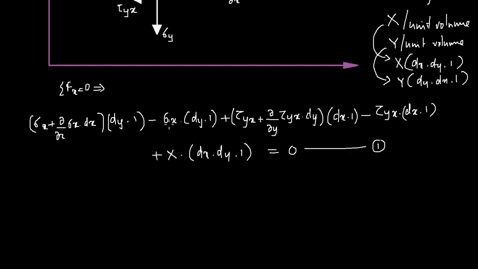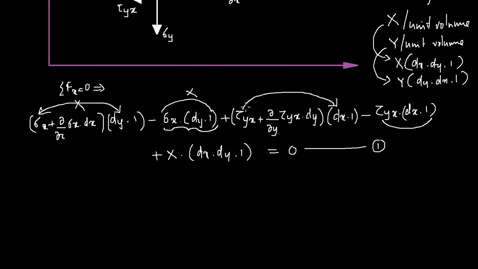Now you can see you have a negative sigma x times dy times 1 here, and a positive sigma x dy times 1 here. So this term will be cancelled, and similarly you have a minus tau yx times dx times 1 here, and also a positive tau yx times dx times 1 here. So that term also will be cancelled, and therefore you will have